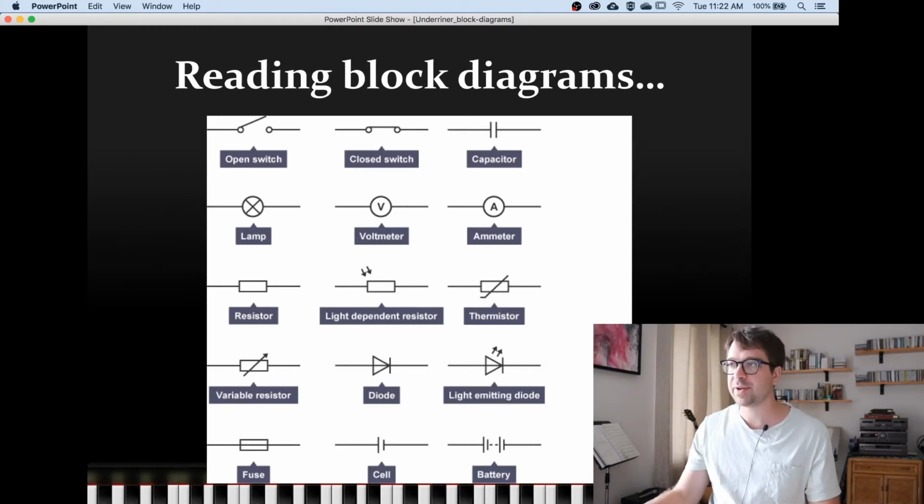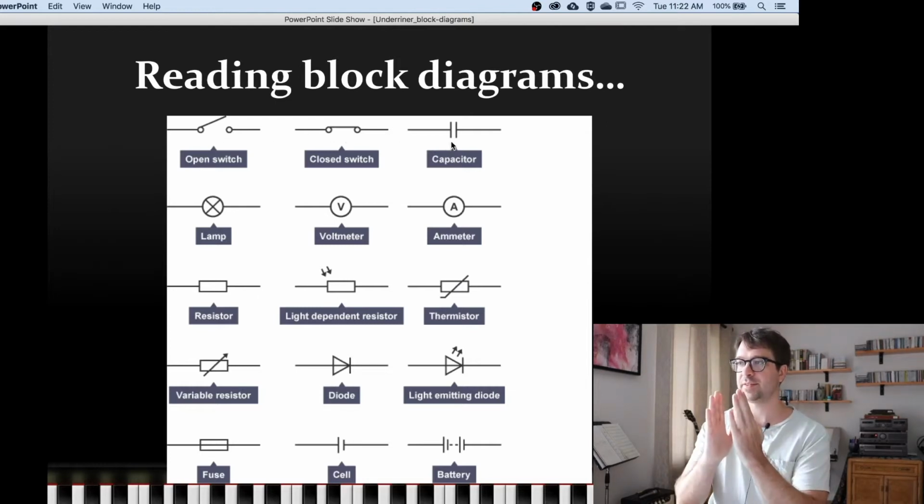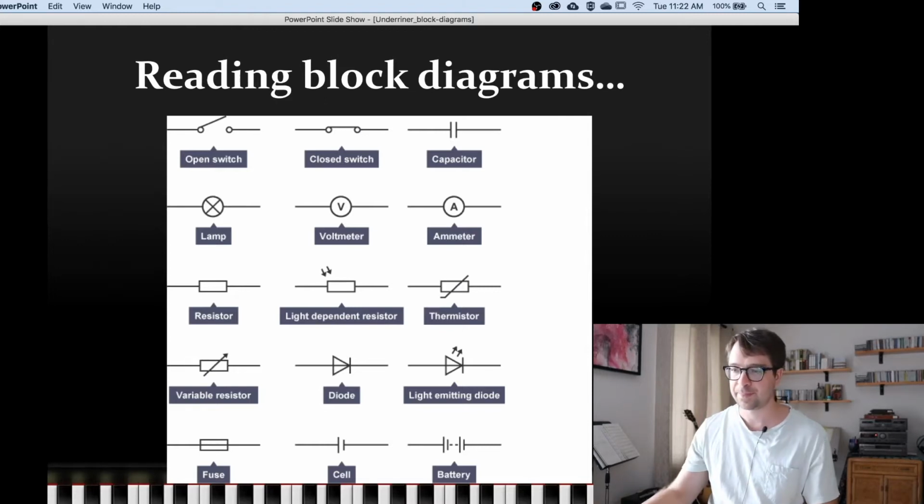And here are the basic components of block diagrams. So we've got switches, open and closed switches, a capacitor. This is like inside a condenser microphone, we have the two plates. So you can see the two plates there. Lamp, voltmeter,